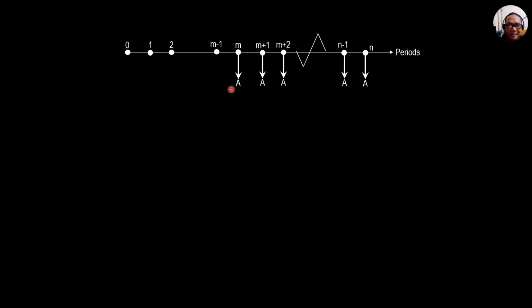So if we notice, the cash flow diagram would be like ordinary annuity, and we imagine this is the first, the beginning, this is 0. So there will be n minus m plus 1 equal payments. So that's the formula for the number of equal payments. So this is the first approach that I'm going to suggest.